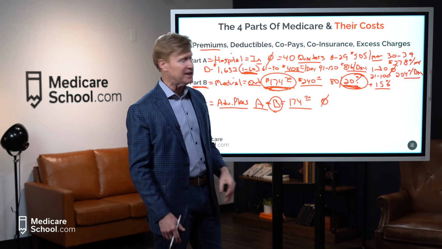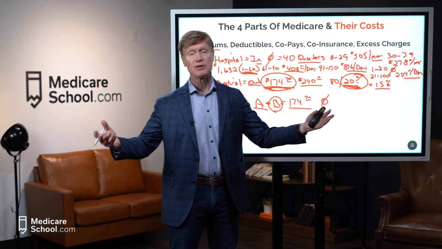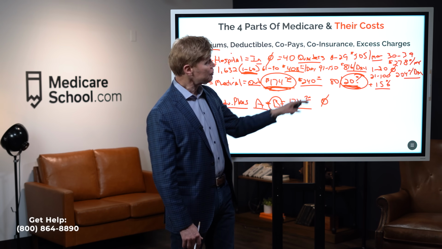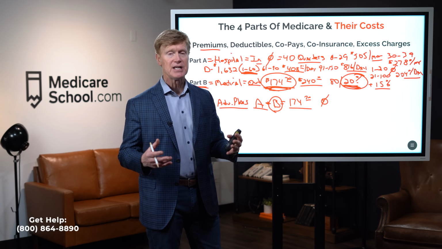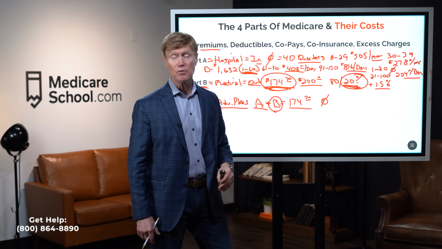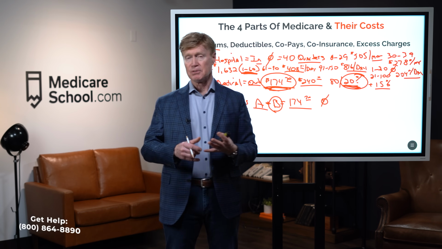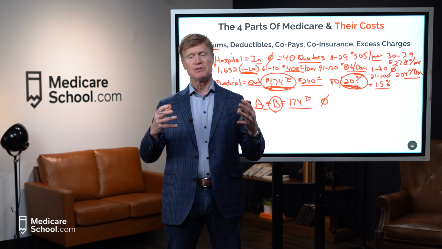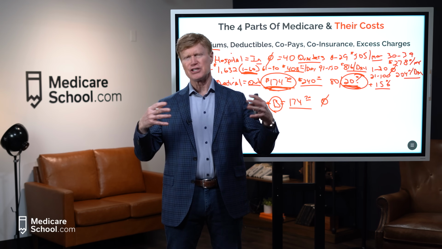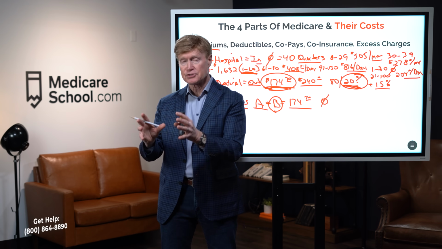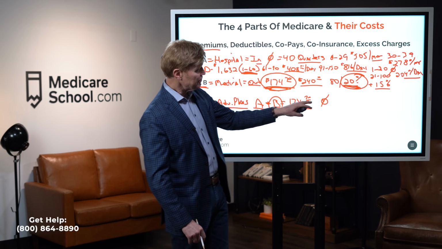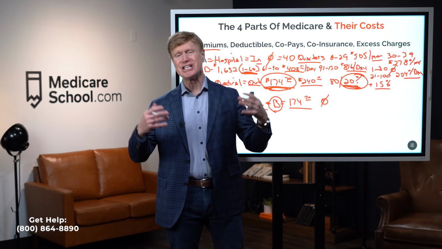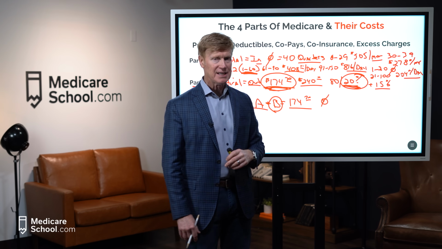Go to the hospital, $350 a day. Have an MRI, $250 for the MRI. See a specialist, maybe $50. But it's a copay type of a plan. And also with some services on the Advantage plan, there could be some co-insurance, very common for chemotherapy. Plan pays 80%, you pay 20%. Very common for durable medical equipment, CPAP machines, oxygen equipment, diabetic supplies, those kinds of things. You can have a 20% co-insurance. So again, we don't pay a premium typically, but we have copays and co-insurance, and Advantage plans cannot charge excess. So we would not see that with the Advantage plans.